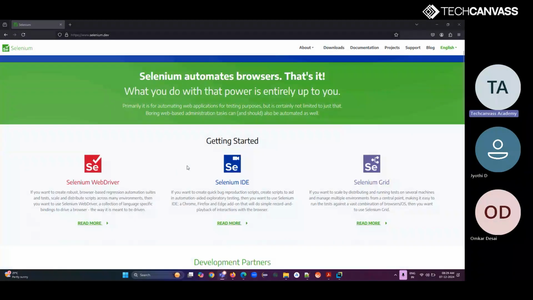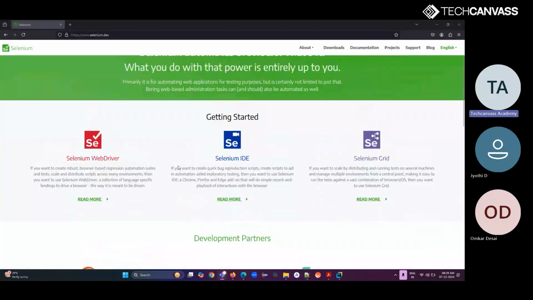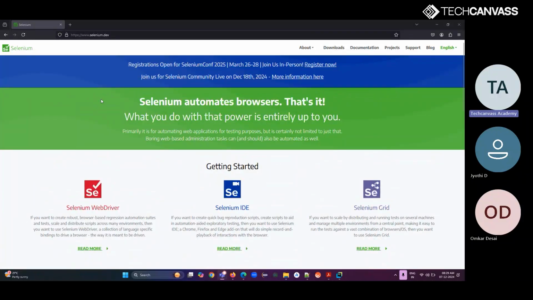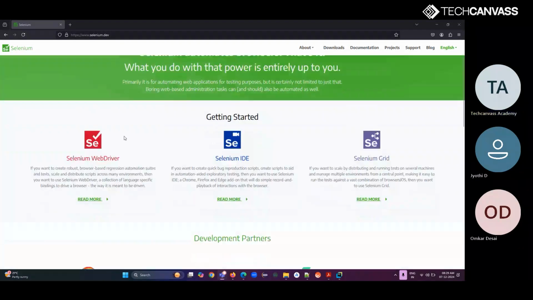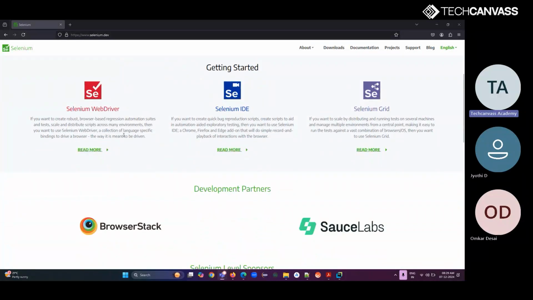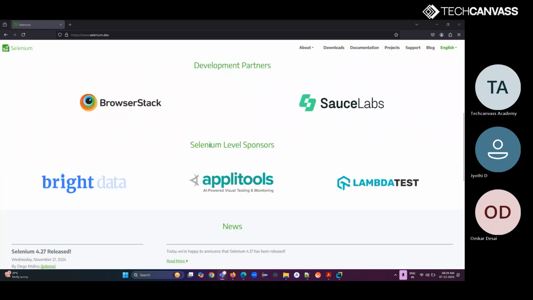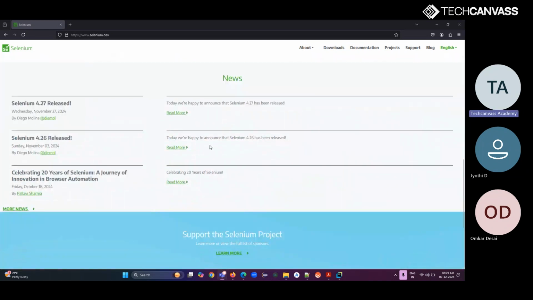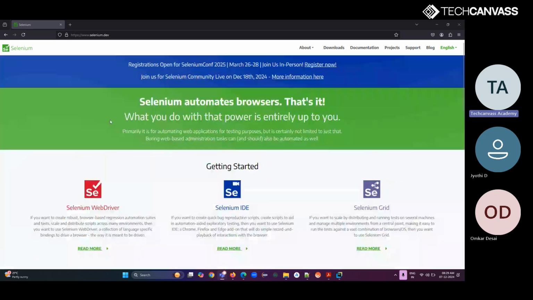So, like I said, the primary component of Selenium is Selenium WebDriver. As you can see, this is the official Selenium website, selenium.dev. Now here you can see in the getting started section the three components. So we'll go into the details of these components. The latest release of Selenium as of today, which was made available on November 27, is Selenium 4.27. So we'll be working on the latest version of Selenium and writing the programs practically so that you understand